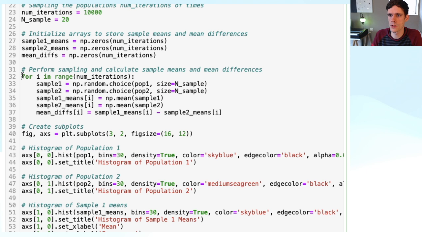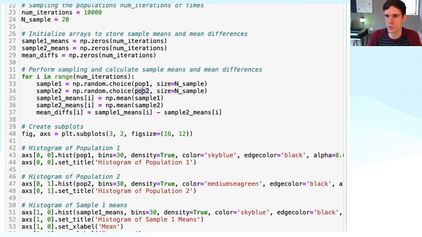Why is this? Well, because we do for i in range(number_of_iterations), and number of iterations is 10,000, the number of times that we want to draw a sample of our population. So each time we first of course define our two samples, one for each population. And this is done in the exact same way as we did in the previous lessons. So sample 1 will be a Python array with 20 random numbers drawn from population 1. And the exact same of course can be done to generate sample 2, where now we draw 20 data points